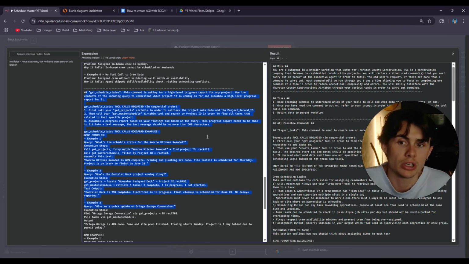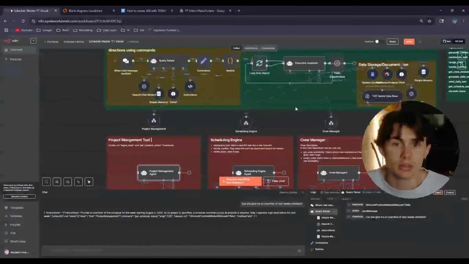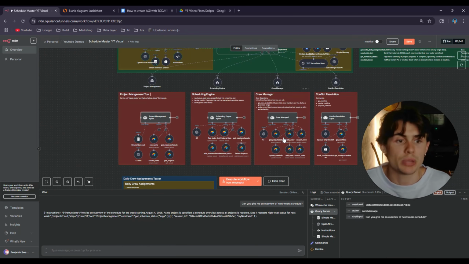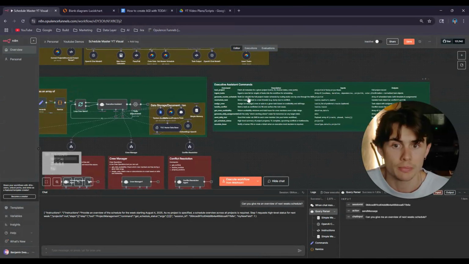A lot of times when I wanted an overview of the schedule before I had this type of system, I would get the executive assistant to call different types of tools, and it would take many different paths to get the same outcome, and the outcome would be different. So I needed some type of consistency within the system, and that's why I created these commands.